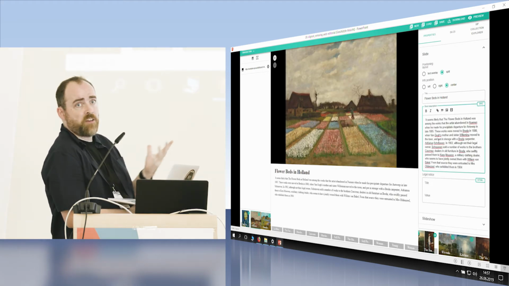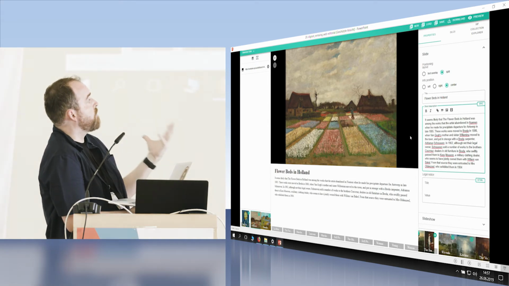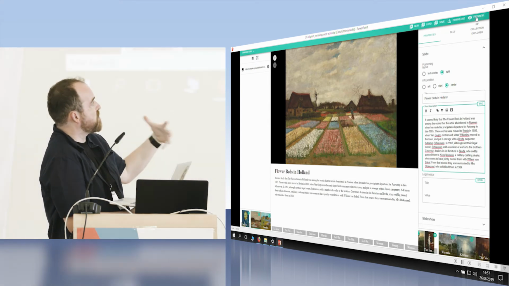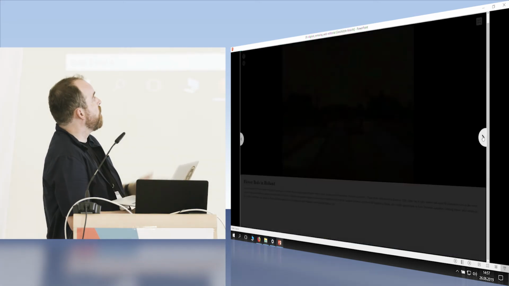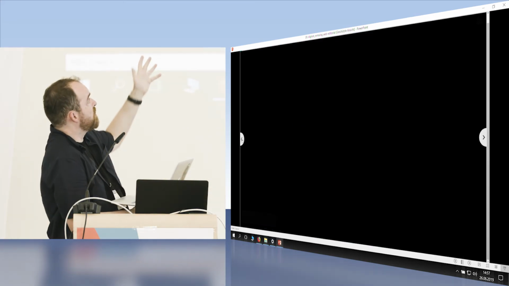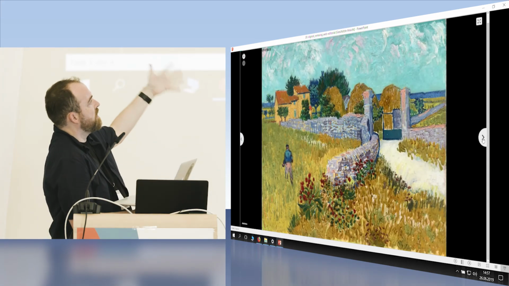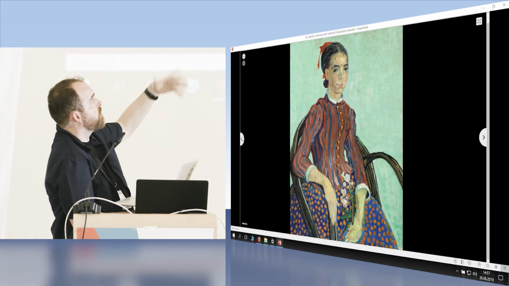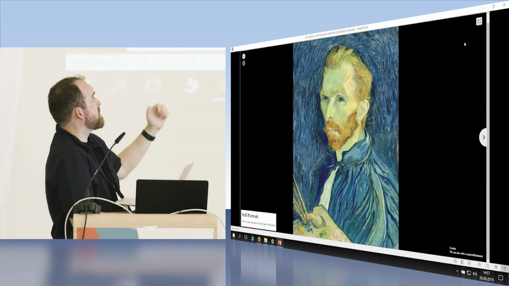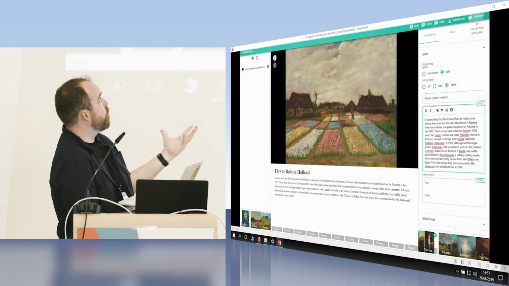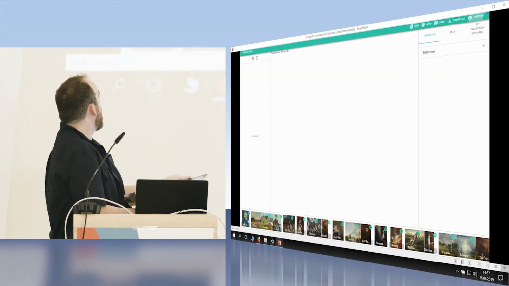And this is a standard IIIF manifest that we've converted on the fly to Presentation API 3, and then we're using the manifest editor to enrich it with content that gives you a different way through that material. And then when we see this in slideshow mode, this is what you can embed on the website. So as you step from canvas to canvas, it's adding in that additional content, but all of the original canvases are still intact, so it's still preserving the original IIIF manifest, but it's enriching it with new editorial material. And these can